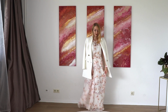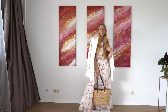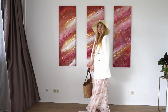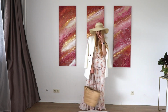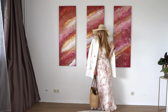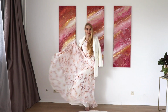If this is too formal for you, let's add a straw bag. And to add a bit more glamour, just add a hat. If this is maybe a bit too casual for you and you want to wear your maxi dress to a very formal occasion, let's add some nice dangly statement earrings, which I really love, and just adding a clutch makes it so much